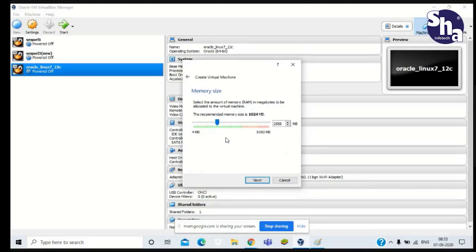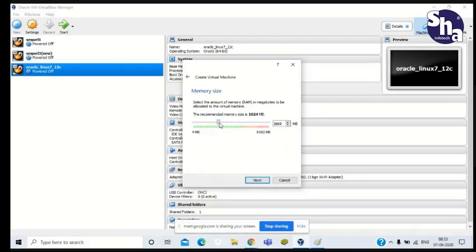Nothing, sir. Then there will be a performance issue, and your PC's performance will be very low. So you need to give particular parameters depending on your RAM size.